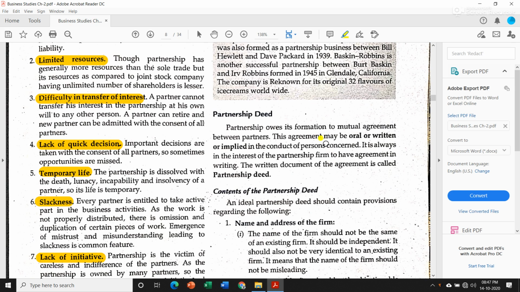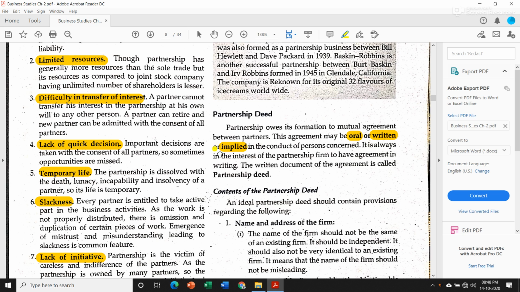Now let us talk about what is partnership deed. Partnership owes its formation to mutual agreement between partners. As we already know, partnership is nothing but the agreement which is made between the partners. So this agreement may be oral, means partners can talk among themselves about the information or rules and regulations of the partnership and they can form it, or it can be written, they can make a document, or they can show the interest by doing any work or conduct of the person concerned. These are all nothing but partnership